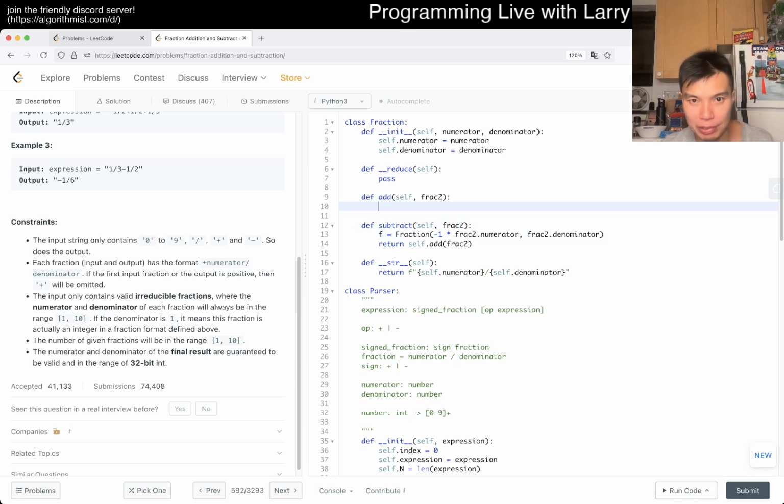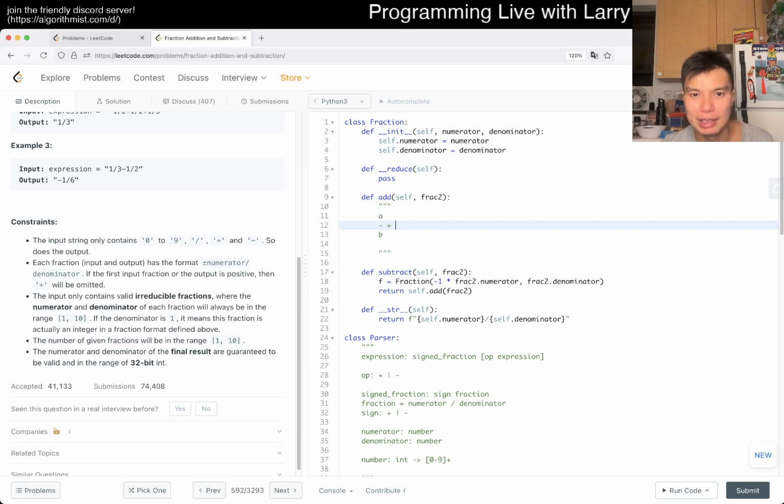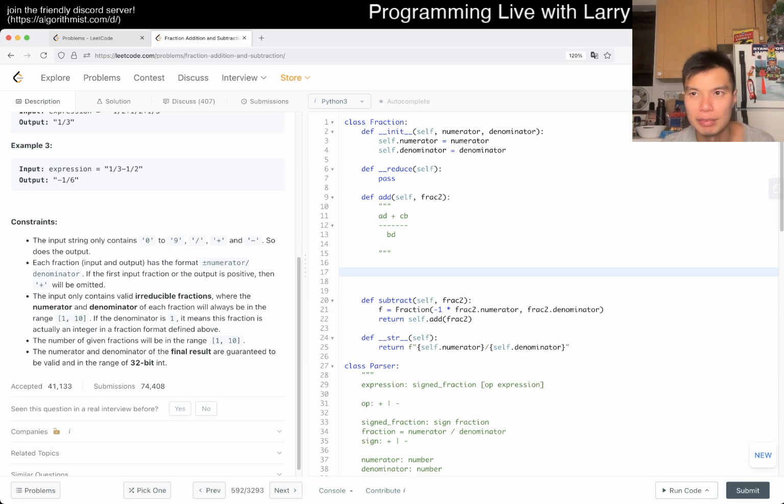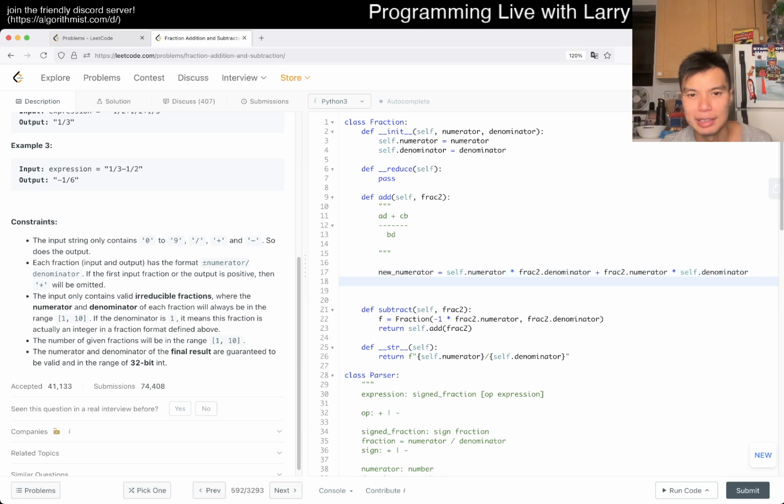So then now we have what do we have? We have a over b plus c over d, right? So then now we just have to multiply to get the common thing, so it's going to be bd, bd, right? So that's basically it. And then we can reduce later. So yeah, then now we have new numerator is equal to self.numerator times frac2 dot denominator plus, keep it consistent a little bit, frac2 numerator times self.denominator, right? And the new denominator is equal to, yeah, self dot